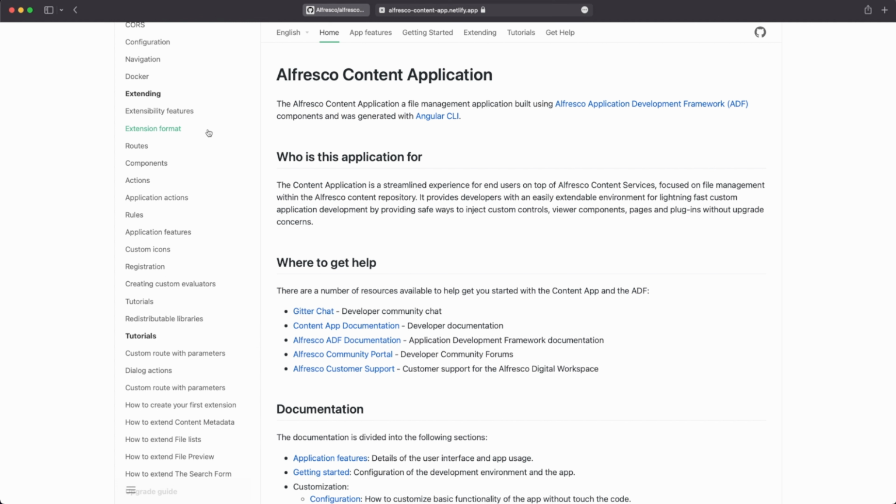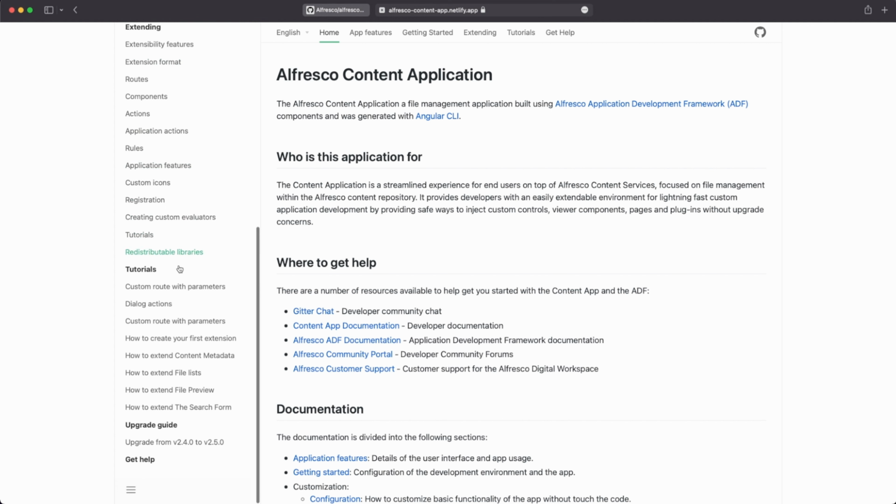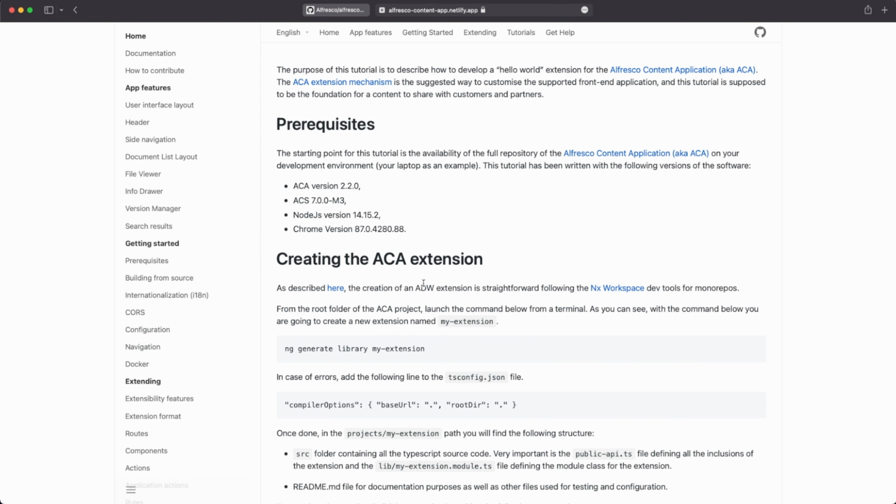it's including details on this documentation. And today we are going to focus on how to create your first extension. This tutorial is relying on ACA version 2.2, but we are going to work today with the latest version, that is ACA